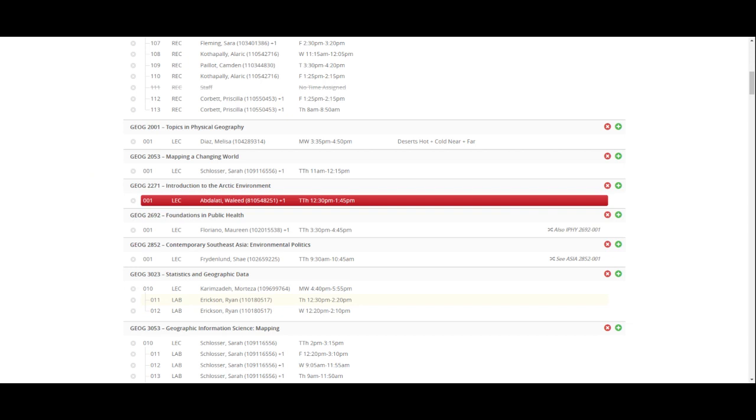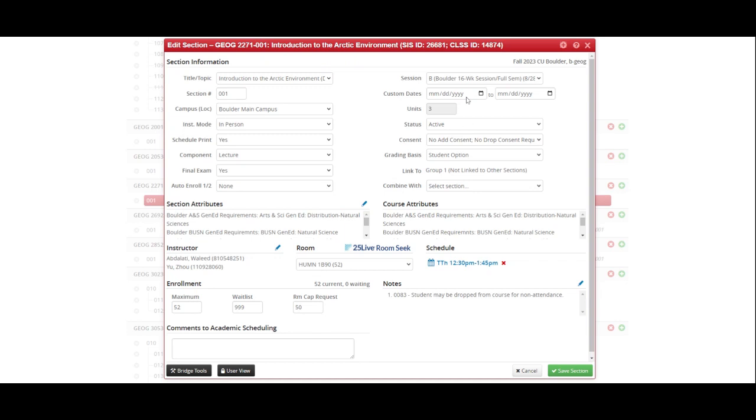Once in refine mode, which is when class is opened back up after room assignment phase, you'll need to cancel and you won't have the option to delete a section. So to cancel a section is pretty straightforward. You'll open up the class that you want to cancel. And then on the section editing screen, you're going to go to status and you're going to have three options: